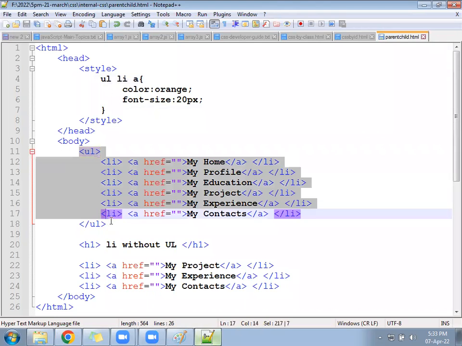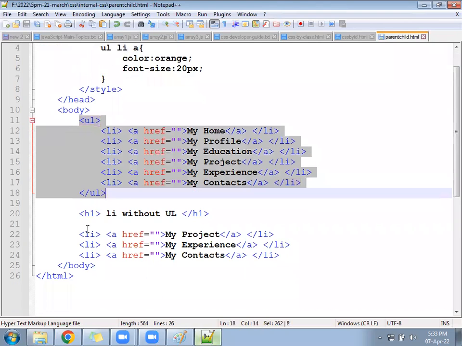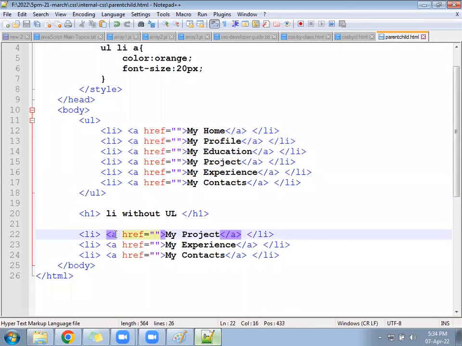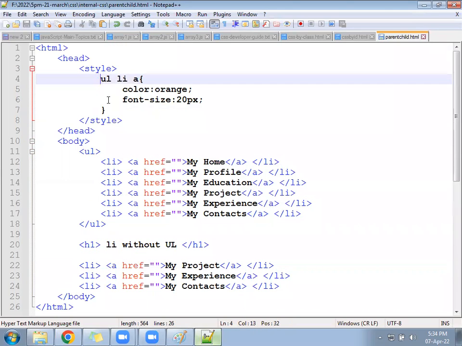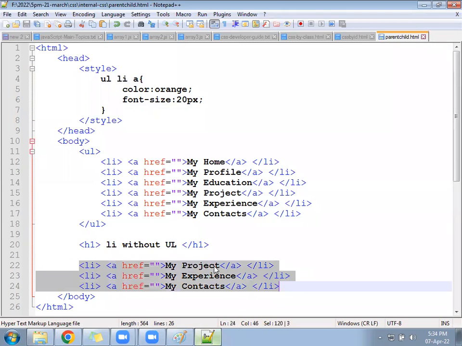Only the first section. If you look at the last section, A is part of li, but ul is not there. So this structure, the compiler will not be able to reach till here. Till where? To these last 3 li, A tag. The reason is their parent is missing. Parent does not exist. Right? Next after that,